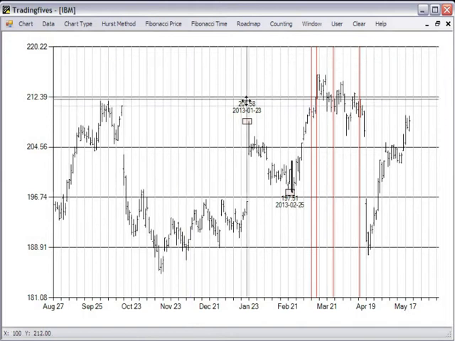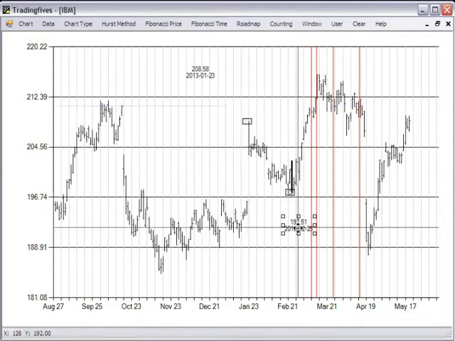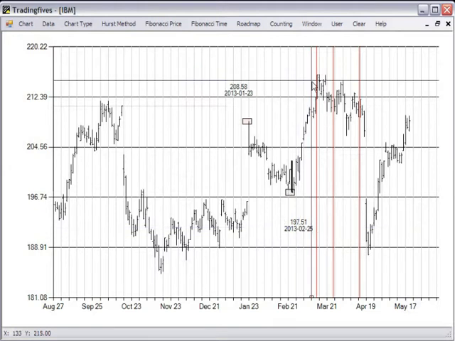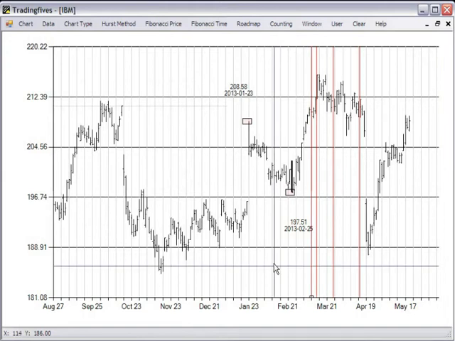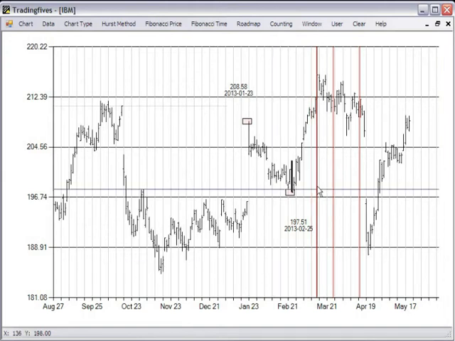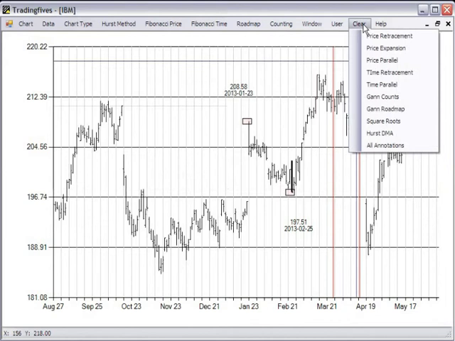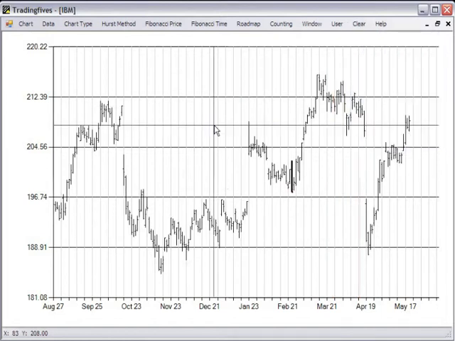When you start doing a lot of Fibonacci analysis in particular, things tend to get cluttered. But you can move the clickable locations around, and you can eliminate individual lines by clicking on it. You can see a little catch bar on the bottom, and hitting the delete key. So in addition to eliminating all time retracements or all annotations, you can eliminate individual lines by